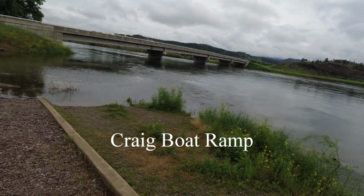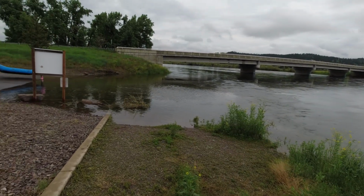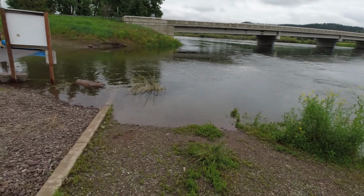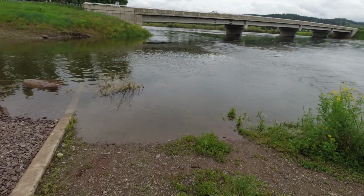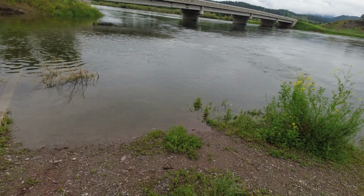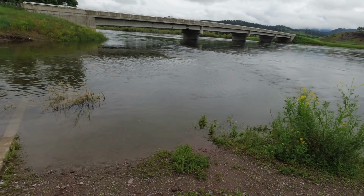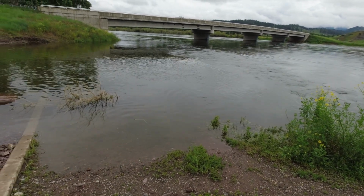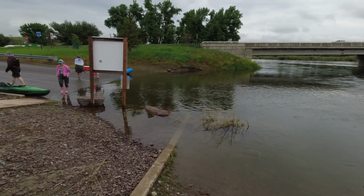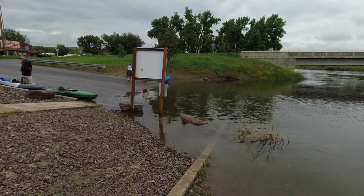Well, here we are at Craig, Montana, at the landing in Craig. And we were here the other day, and we were looking at a place we normally pull our boat in. That little tuft of grass, and there's a rock there. We normally pull our boat in down there about 10-15 feet in front of us. As you can see, the water is way up beyond where people put their boats in. It's up in the parking lot,